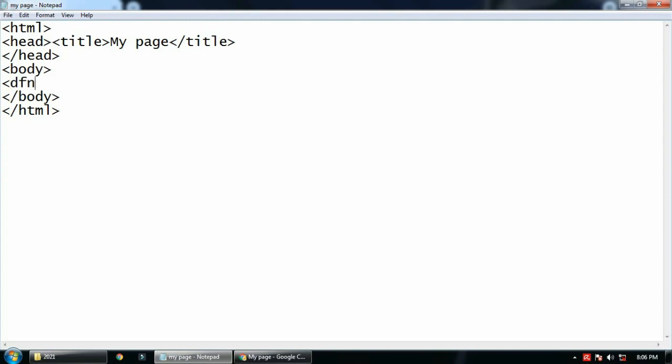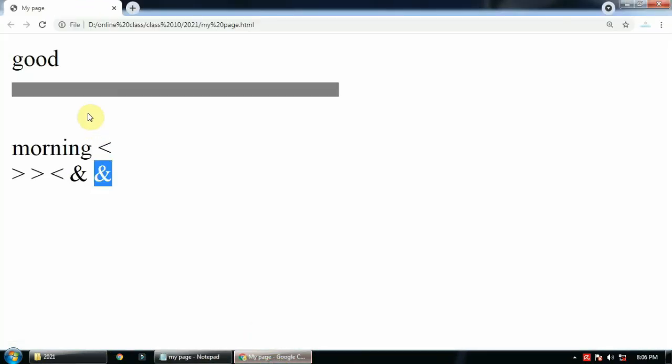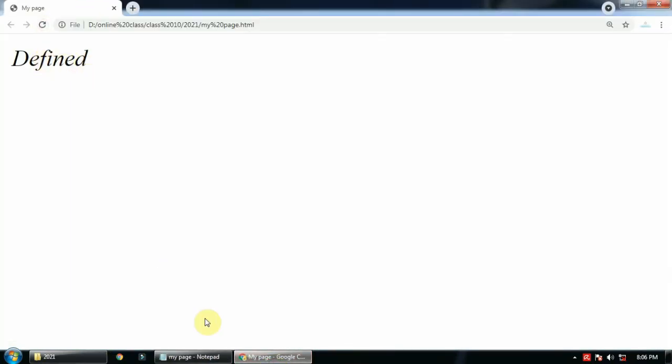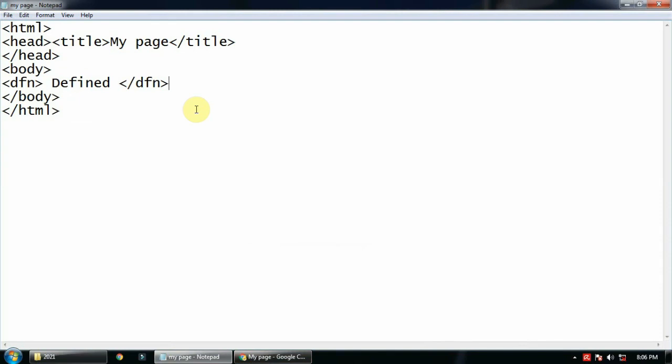In your book, on page number 103, you will see there are different types of logical text types. So one by one, let's see how it appears. One is DFN. DFN is used for define. I'll write the tag here so it becomes easier for us to understand which tag we are using. Refresh it, so define is a little bit italic. Then you can use EM, which is also italic.